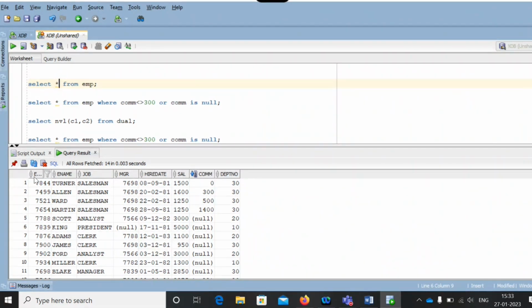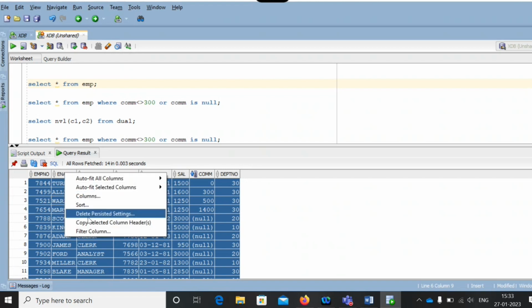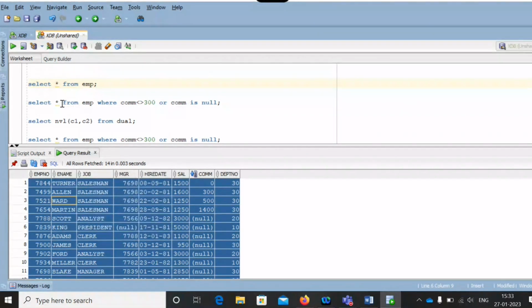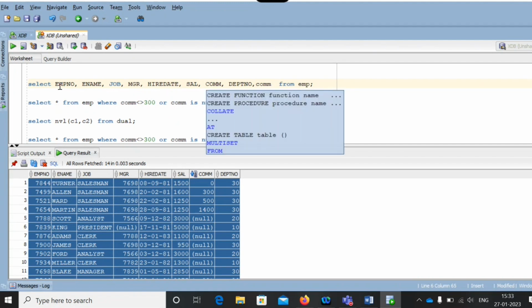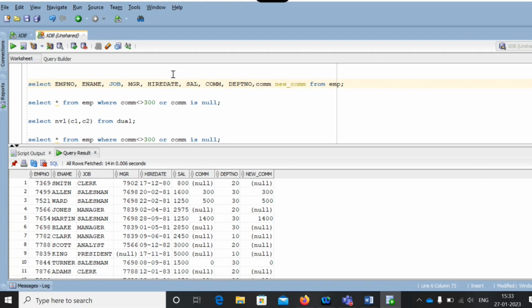See, mentioning what columns are required for me. See, new commission, I just renamed the old column only. Just I renamed it with a new commission.